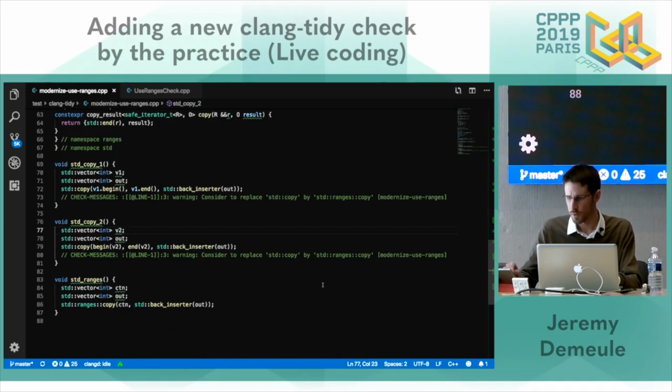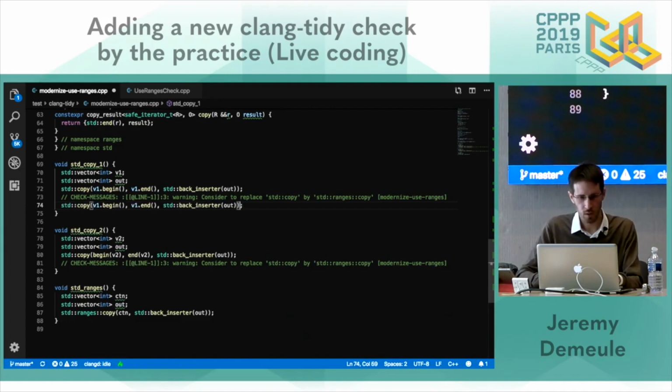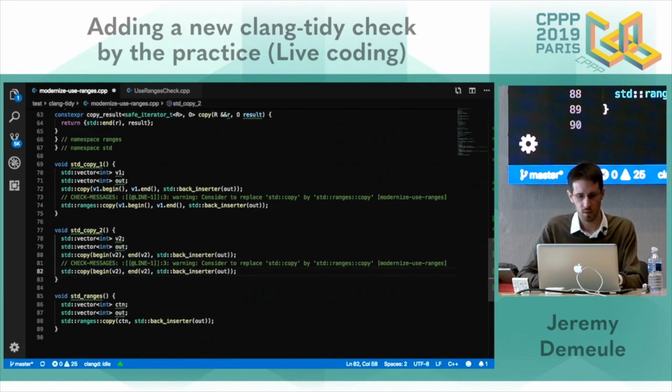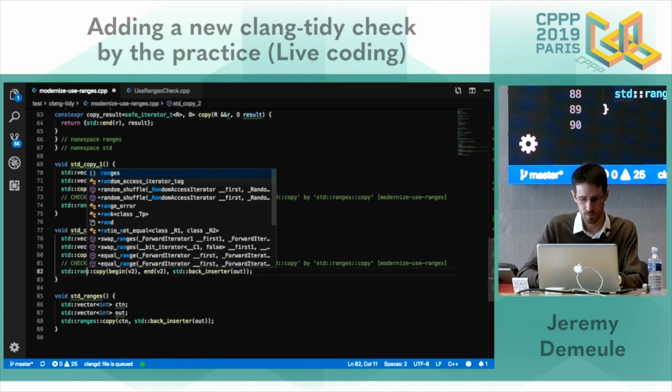But this is not exactly what we want. We want a replacement. The diagnostic is fine, but the replacement is better. And what we want is the first step, that, on this case, and that on the other.